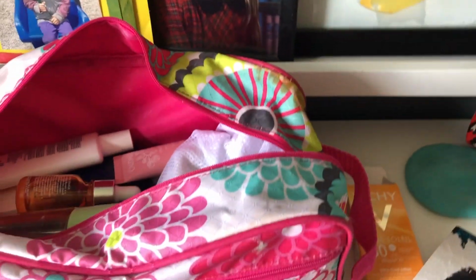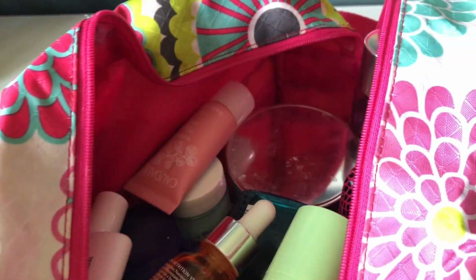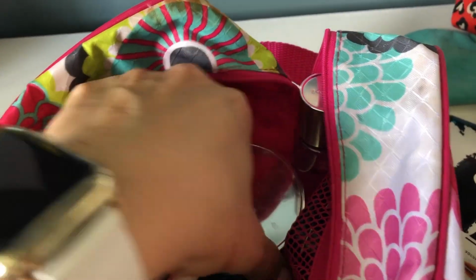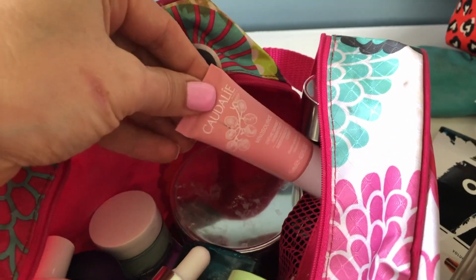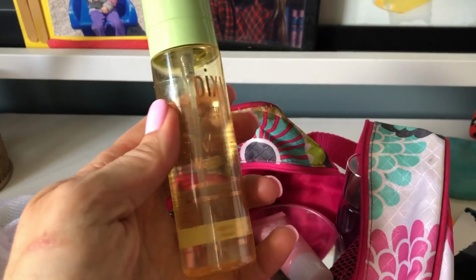So this is all of my just basic skincare. So I have my little reusable pads for cleaning the makeup off, like eye makeup and stuff. And then I have eye makeup remover. I have makeup remover, the Take the Day Off by Clinique. I have the Caudalie, just a little moisturizer because this one is almost out and I just want to use it up. I have my Wake Up Mist from Pixi,